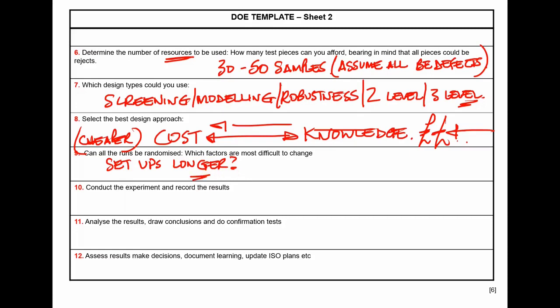So you have to decide whether it's worth the longer setups, whether you think you might have a problem with a random variable causing your results to be false. Personally, my view is I don't randomize. And I don't randomize because what I try to do is to remove all variability before I even attempt a designed experiment. If you do that, I typically find you don't have to randomize,